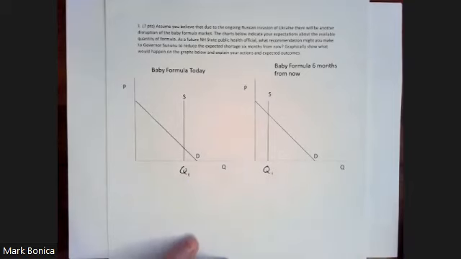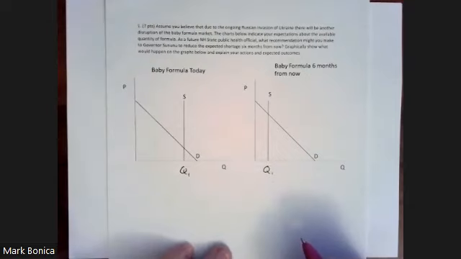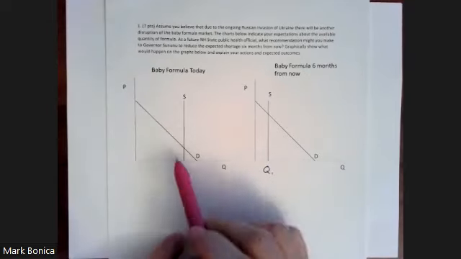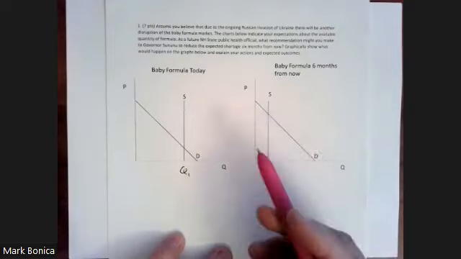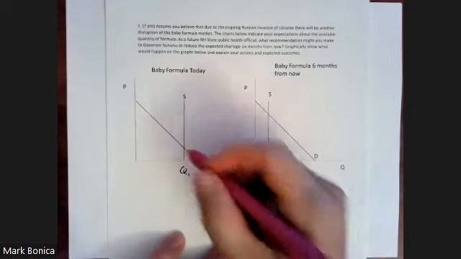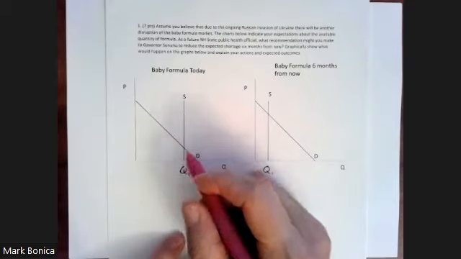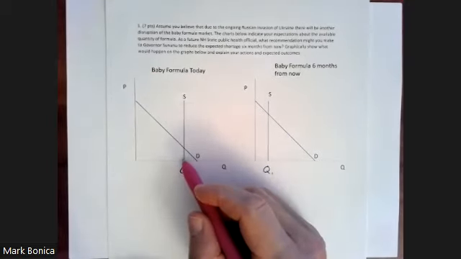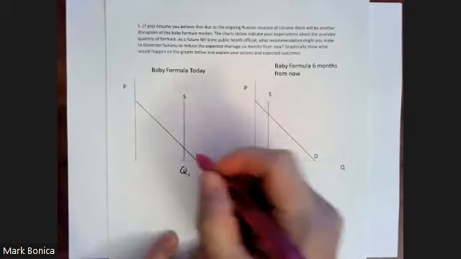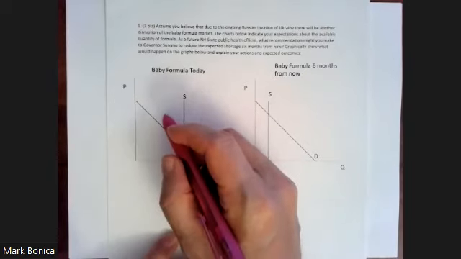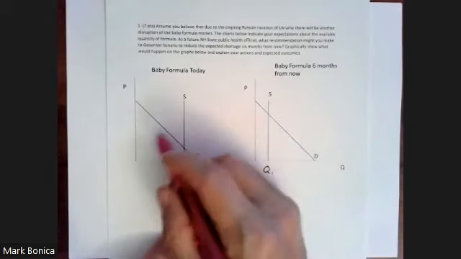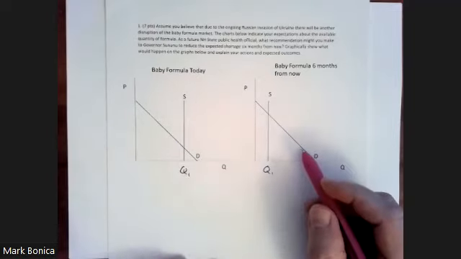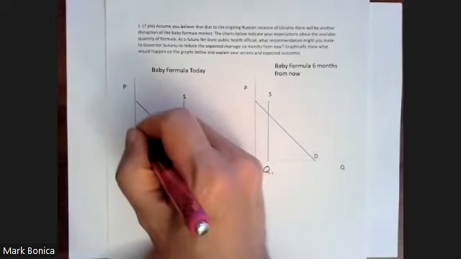So the question is, what would you advise the governor to do if you knew this was going to create a public health crisis where there's not going to be enough baby formula? Well, the answer that I'm looking for is to arbitrage between today and tomorrow. And the way you do that is you would reduce your supply today, or you would have the governor buy a bunch of baby formula on the market today, which would reduce the supply, and then take that baby formula from today and hold it over till 6 months from now.